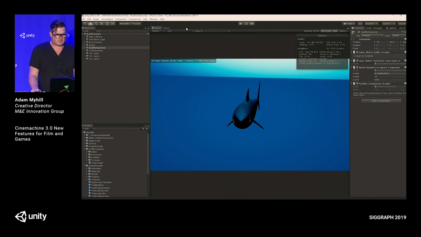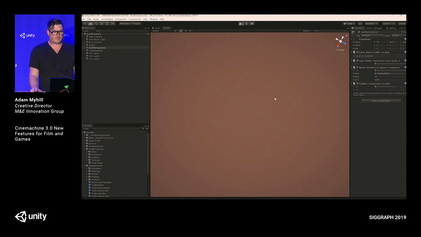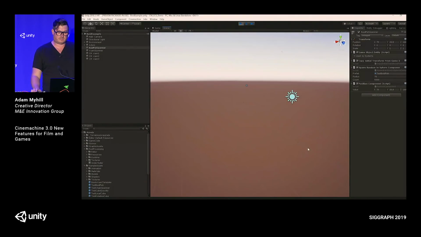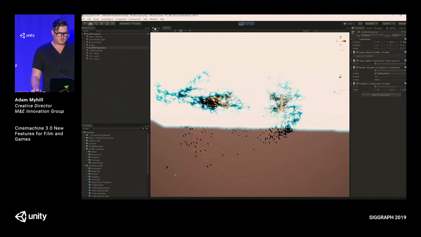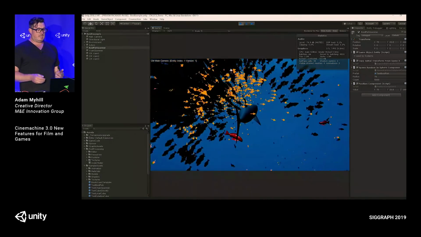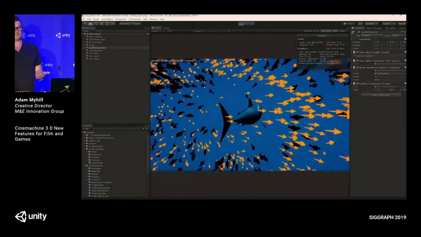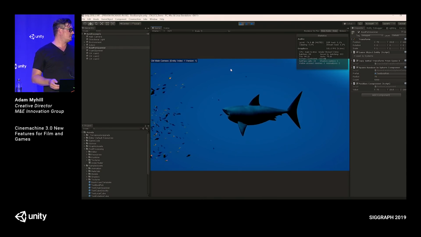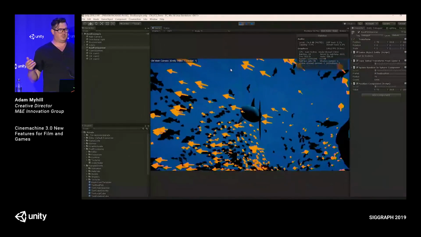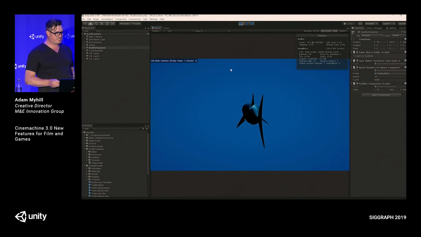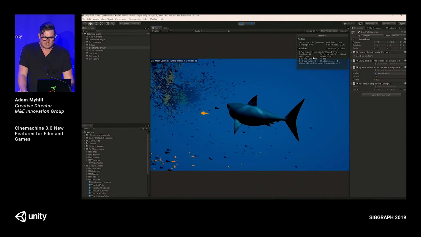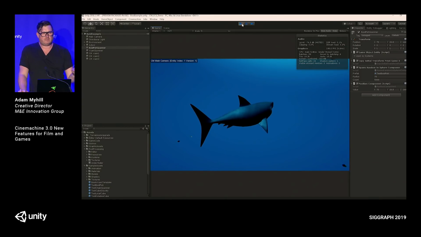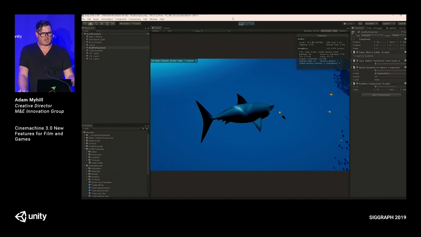Here is 5,000 fish, 5,000 cameras. I'll go back to scene mode. And each of those orange arrows is a camera that's actually figuring out a shot. We could switch to any of them. They all avoid the shark. And you'd never, ever do this in real life because why would you need a camera following every fish? But we're running at 200 frames a second. Previous Cinemachine at about 30 cameras would crap out.